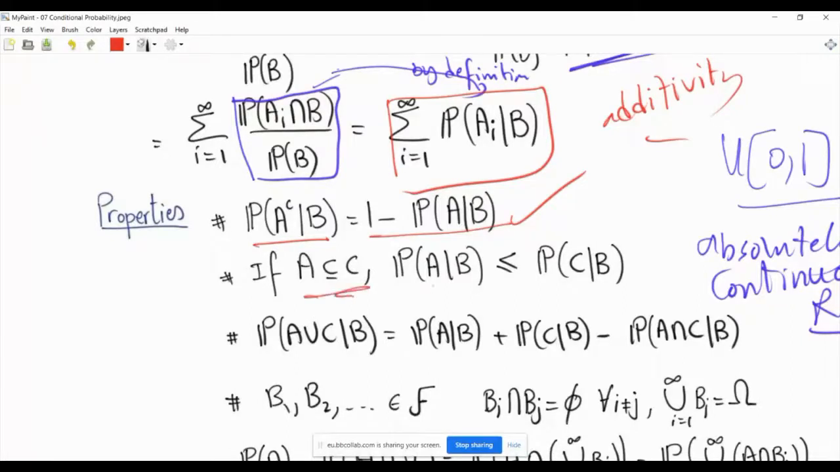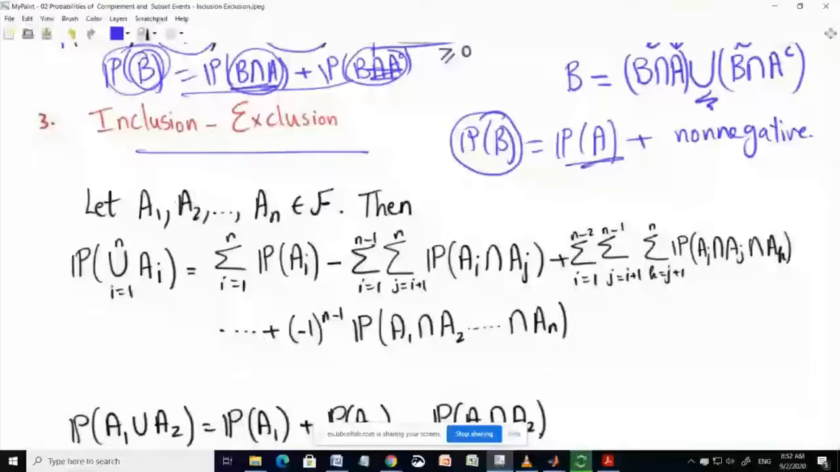If A is a subset of C, then the probability of A given B is less than or equal to the probability of C given B, again by the results that we learned in the previous lecture. Basically, inclusion-exclusion: the probability of A union C given B will be the probability of A given B plus the probability of C given B minus the probability of A intersection C given B. So it's like the old rules, you just make everything conditioned on B. This is the general